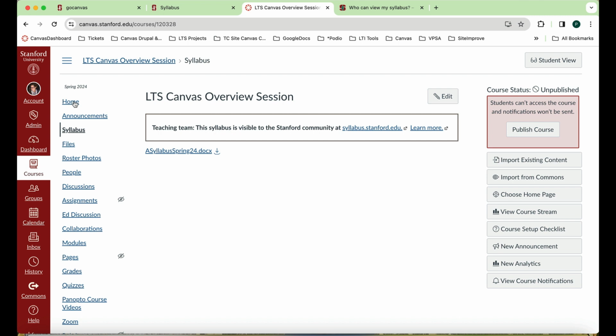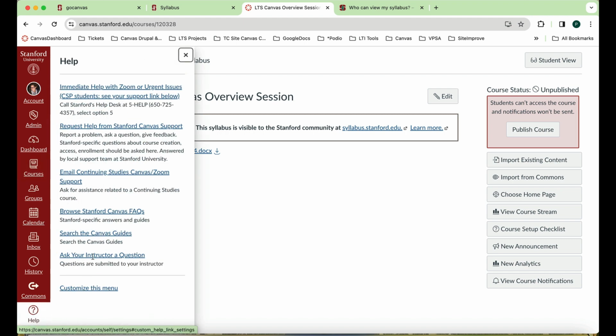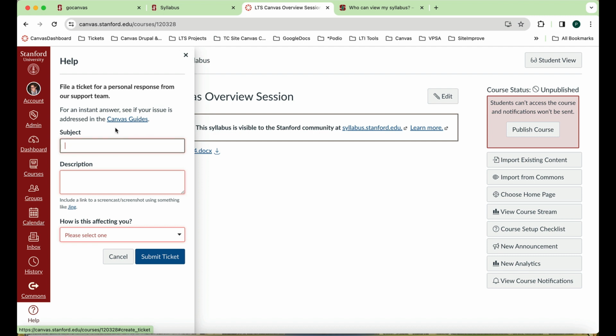canvashelp@stanford.edu. I'm going to navigate back down to the global menu on the far left side of the screen, and I'm going to drag my cursor down to the help button with the question mark. You have options here as well. Please review your options, but if you click while you're working in your course, if you click on help in the global menu and then you click on request help from Stanford Canvas support, this is the same as submitting